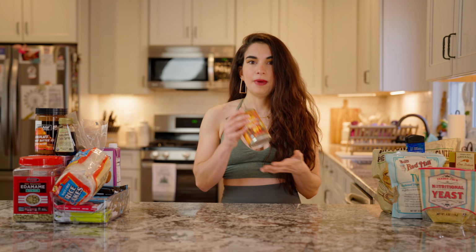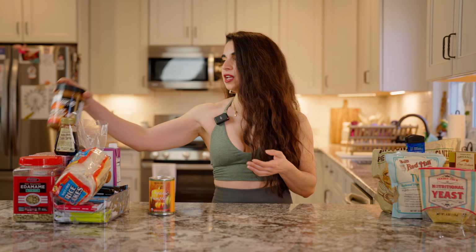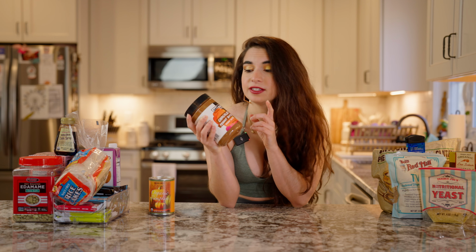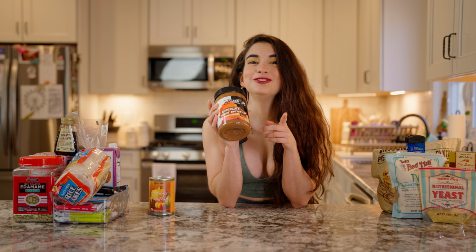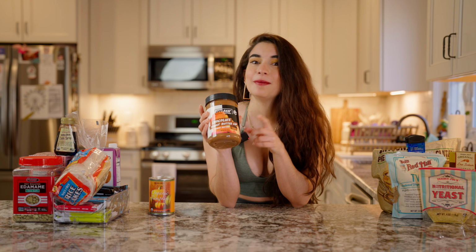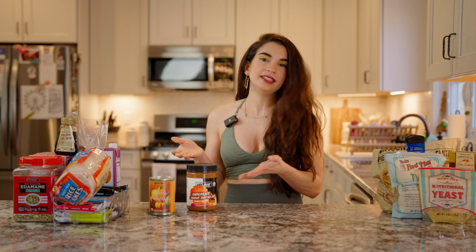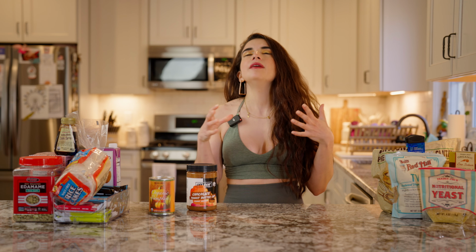So you can have a lot of it for a low amount of calories. So what we like to do is do pumpkin with peanut butter. Now this house that I broke into has a lot of cool snacks. So this is a chocolate peanut butter cup peanut butter. So again, if you have a sweet tooth, if you just plan to have this in, it can be super